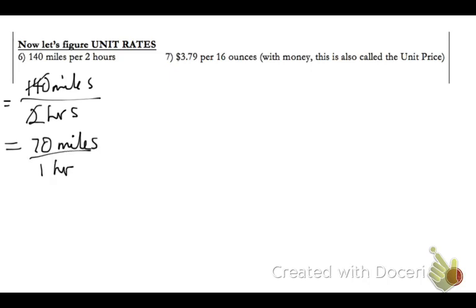Now usually in math, when we have 1 as our denominator, we don't need to write that because anything divided by 1 is just itself. So we'll have 70 miles in 1 hour. Now with number 7,